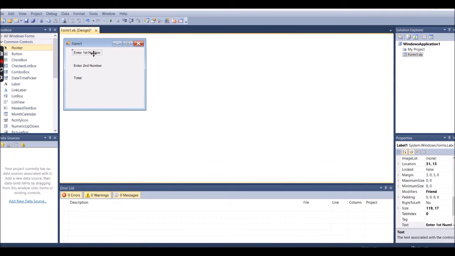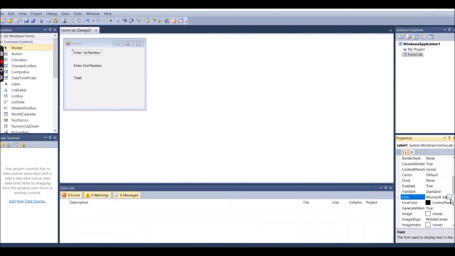Now if you want to make this bold or change colors, you can do that too. First of all, create Enter first number. After that, you will find that you can change the font. Now if you click on the font, there are three dots. After clicking on that, it will come. Wait a minute.